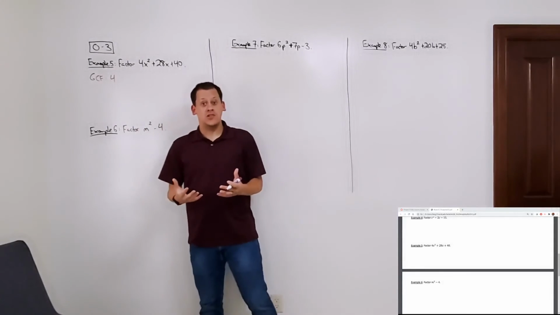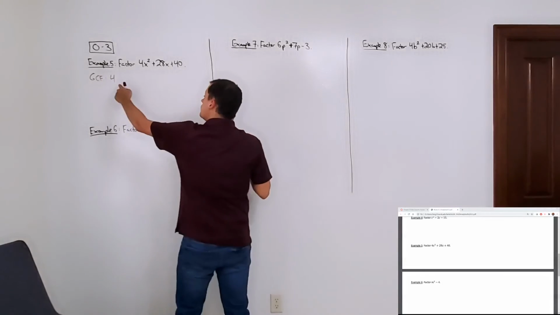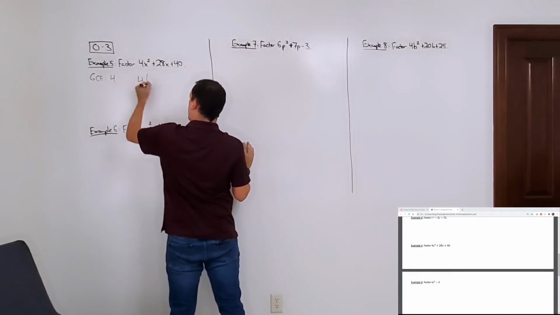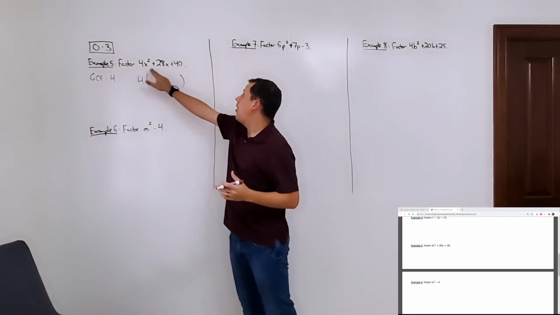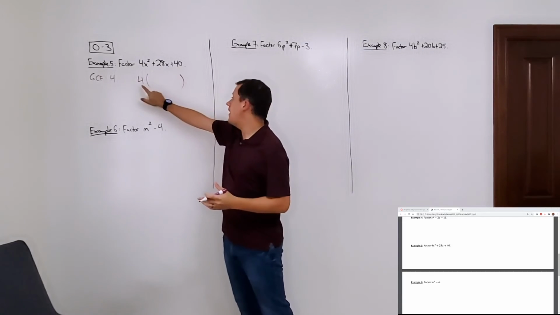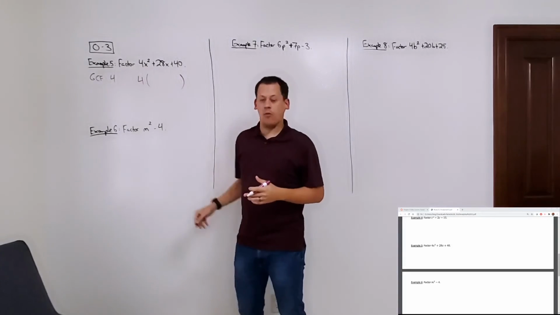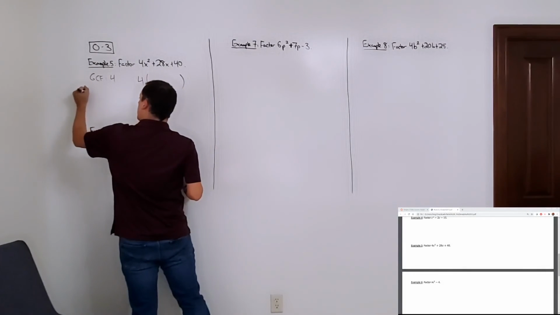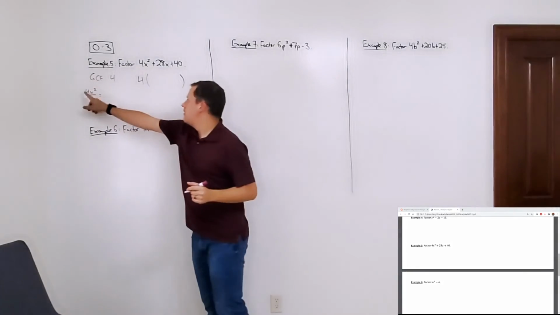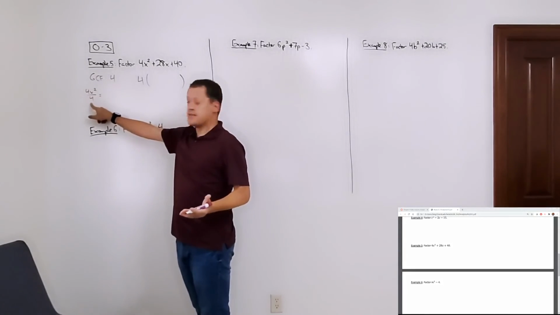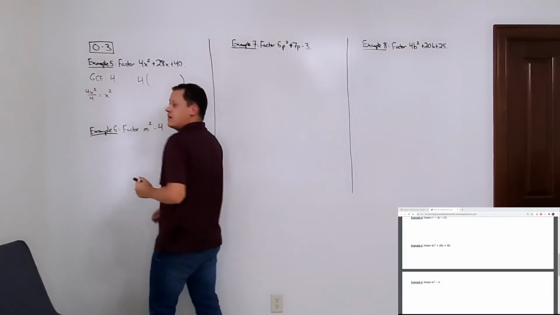But we're going to treat that GCF just like we did in the first couple examples of the last video. The GCF is going to go out front. And then in parentheses next to it, we're going to write what all three of these terms are divided by 4. So let's start with 4x squared divided by 4. And if we need to do that over here, we can. 4x squared over 4. 4 divided by 4, that's just 1, it cancels out. And then we're left with x squared on the top. So this is going to be 1x squared, or just x squared,